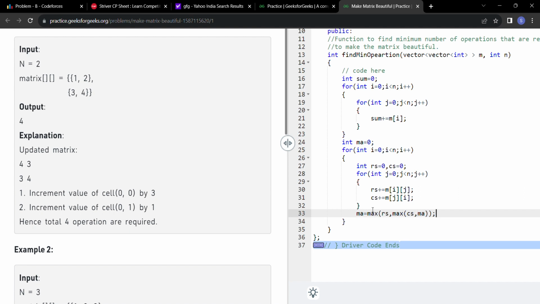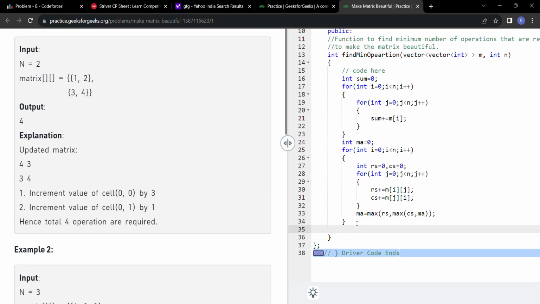तो हम अपने एम ए में क्या रख रहे हैं? हम अपने एम ए में रख रहे हैं कि अभी से पहले वाले एम ए, रोसम और कॉलम सम इन तीनों में से जो भी मैक्सिमम है उसको एम ए में अपडेट कर दो, राइट? तो ये एम ए हर बार अपडेट होता रहेगा और फाइनली हमें मैक्सिमम वाली वैल्यू ला के दे देगा, राइट? तो अब हम क्या करेंगे? अब हमें मैक्सिमम कॉलम या मैक्सिमम रो, इन दोनों में से जिनका सम ज्यादा है, वो वैल्यू मिल गई है।